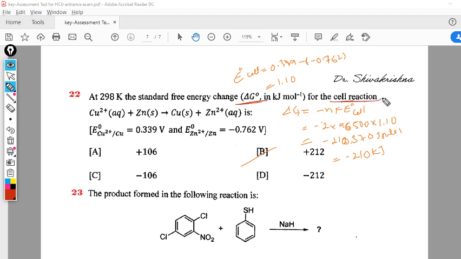Okay, so for a cell reaction, the oxidation and reduction parts are both given, and the E0 value we need to estimate. If you calculate the estimate, then you can calculate the free energy. To calculate E0 cell, the potential of the cell, you must sum. So the sum will be